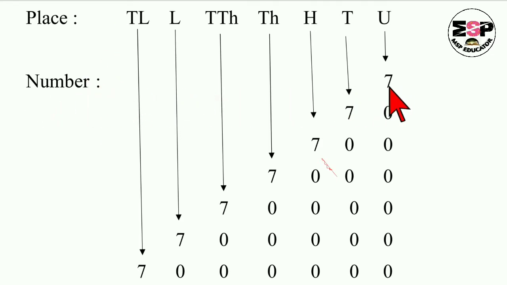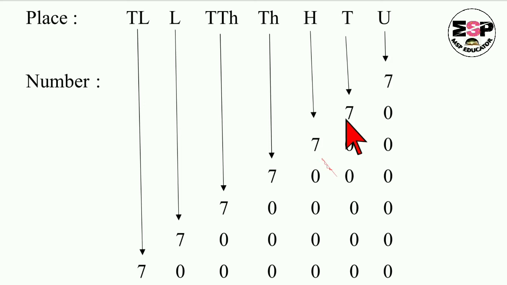This is the rightmost first digit, and it is on the units place. That's why it is written single. Like this, horizontally you are going to observe. It is written single, meaning only 7 is written here under the units place. Now we will go for the second place, that is tens place. As we know, tens means it is having 2 digits only. That's why write down 7 here under the tens place.